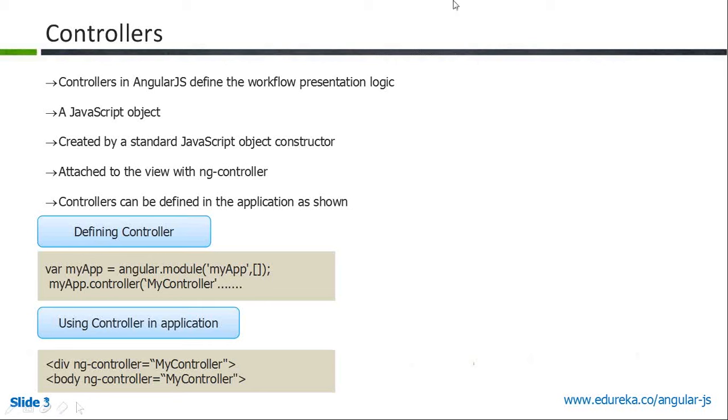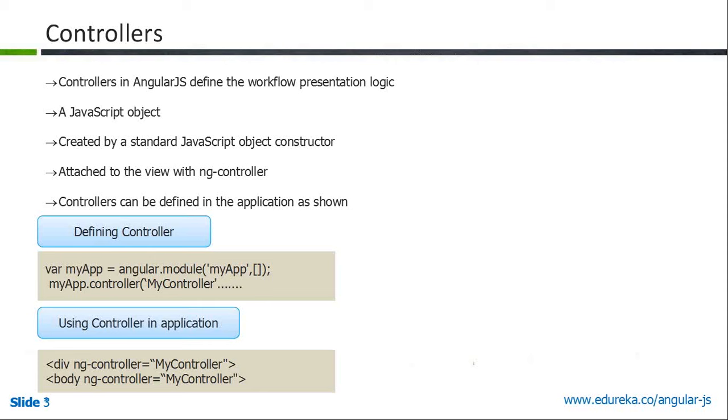Next one, controller. The controller is where you write your business logic and validations. Let's see what the use of a controller is and how we can create a basic controller in AngularJS. In the controller we write all the business logic and validation. If you want to validate before we pass the data to the server side, we write it in the controller. AngularJS works with two-way binding and other features.